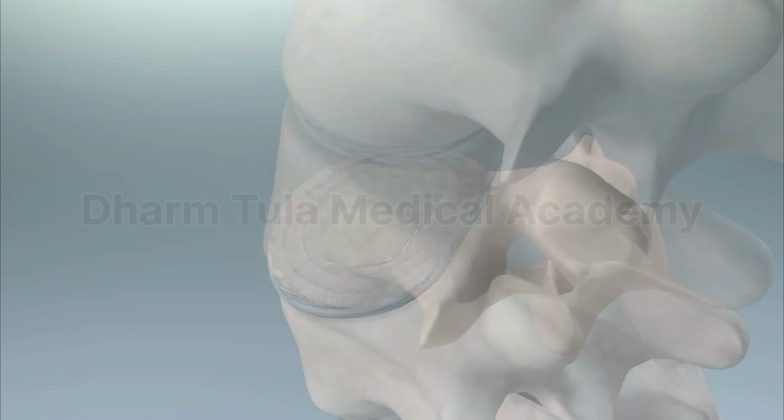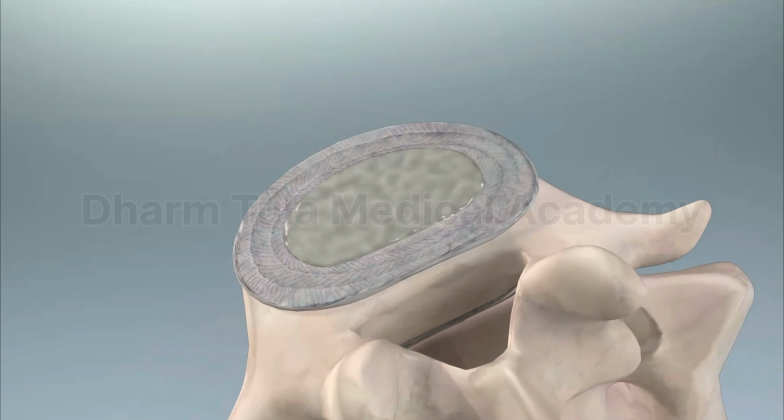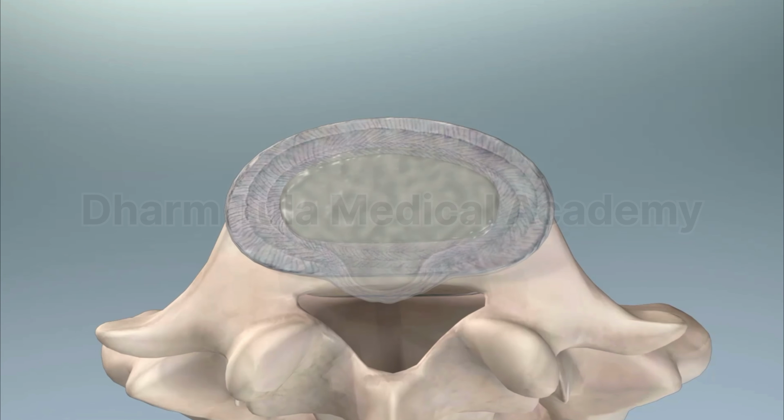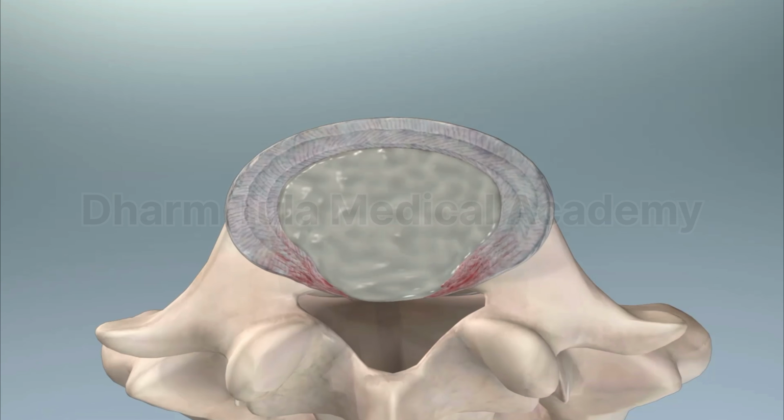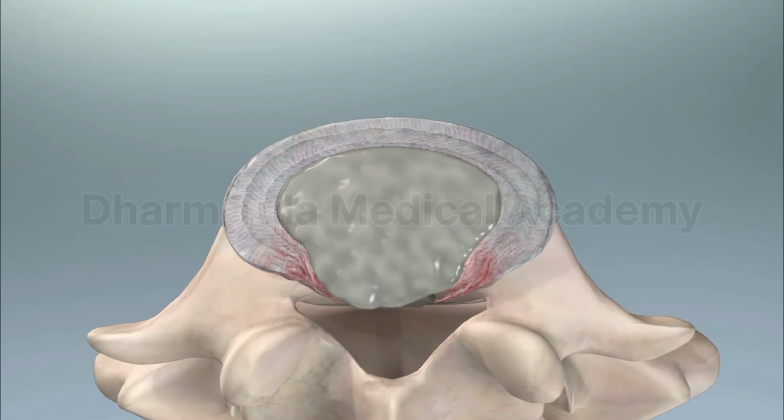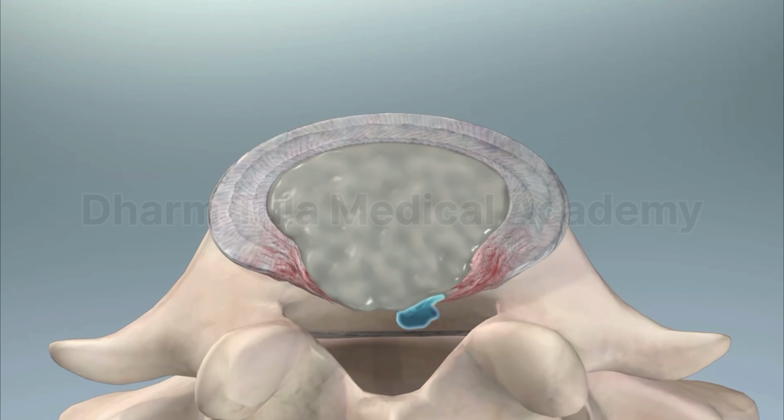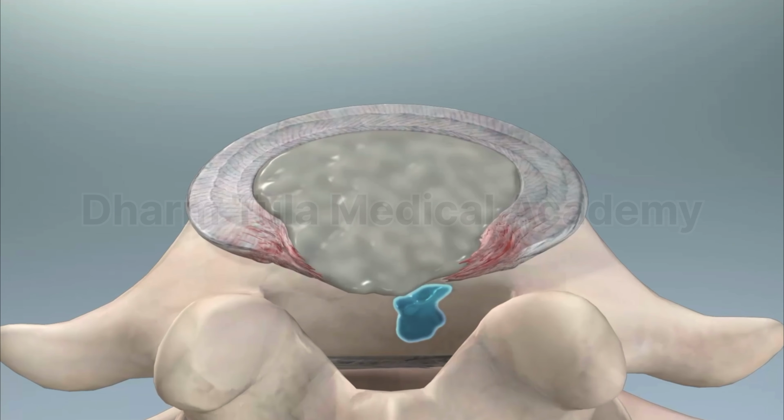There are three main types of posterior disc herniations. A disc protrusion is a herniation that is still fully bound by the annulus fibrosus, but has a focal deformity which, if large enough, can create nerve injury. A disc extrusion involves a larger amount of herniated nucleus and a full break through the annulus fibrosus. Once the nuclear material breaks off from the disc space and is sequestered within the spinal canal, it is considered